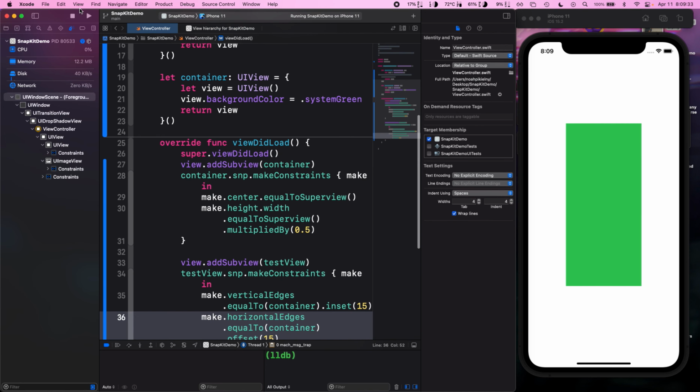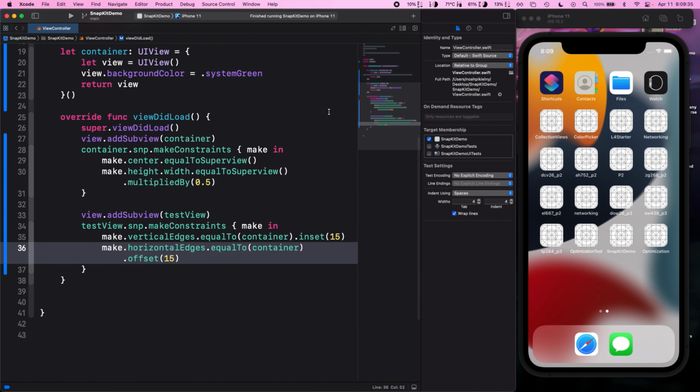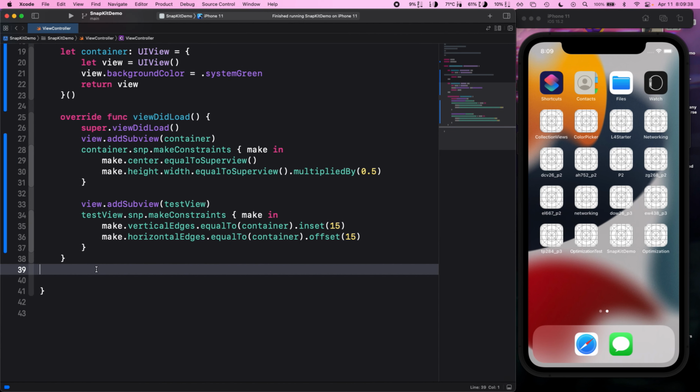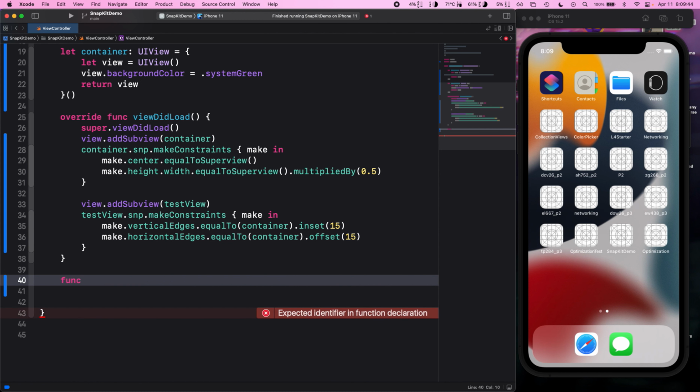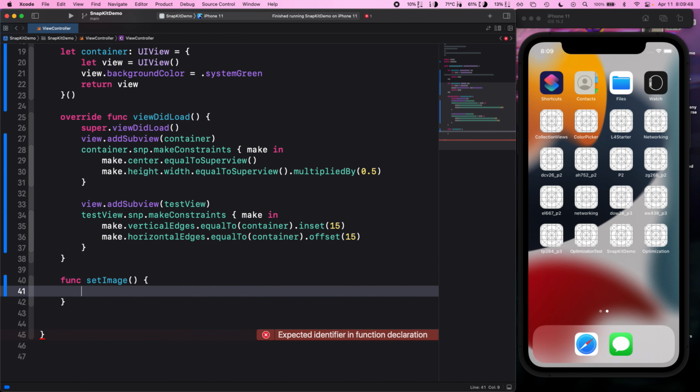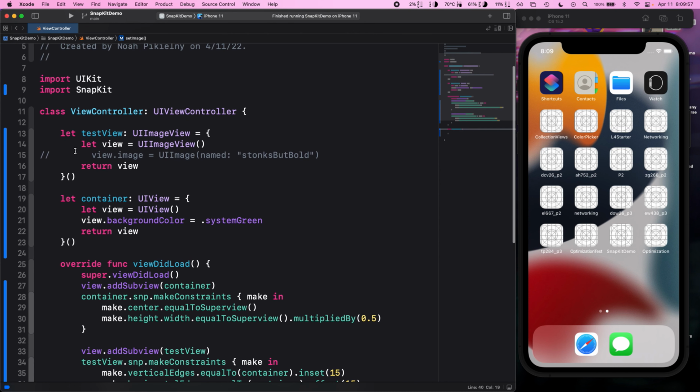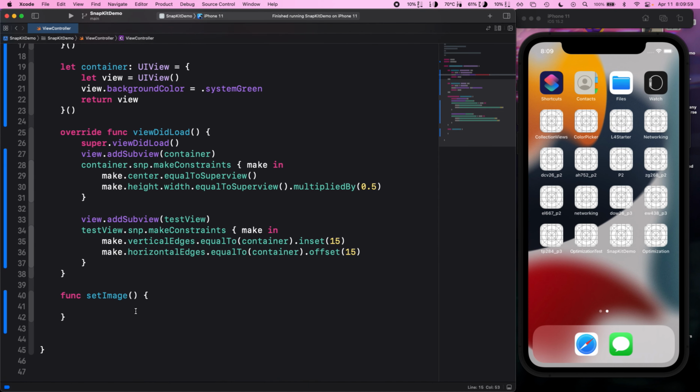And another really helpful tool that I think I haven't shown yet is breakpoints. So breakpoints are kind of like glorified print debugging, which allow us to not only check if something's run, but also check what our state is at the time of run. So if instead of having the image be set here, if I used a function that set it,